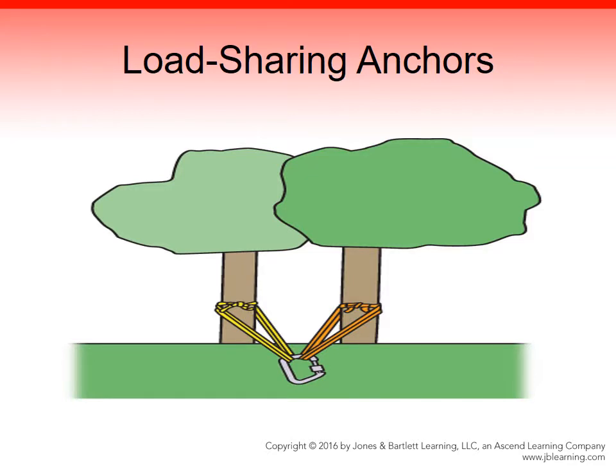Load-sharing anchors may be a solution if anchor points are at all questionable or are inconveniently placed. The simplest way to create a multiple anchor system for load sharing is to use two anchor ropes or slings of equal lengths. Run them from different anchor points and clip them together to a single point using one or two locking carabiners. The point where you clip the two lines together with the carabiners is known as a master